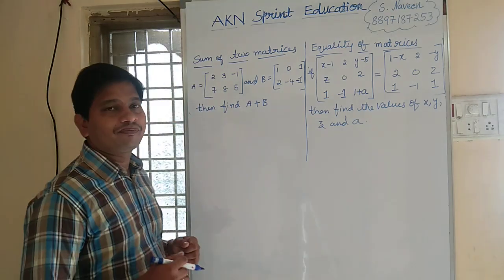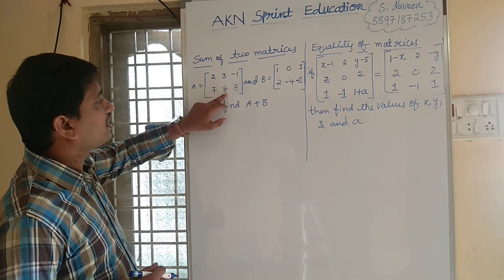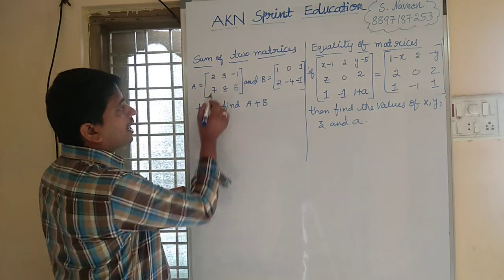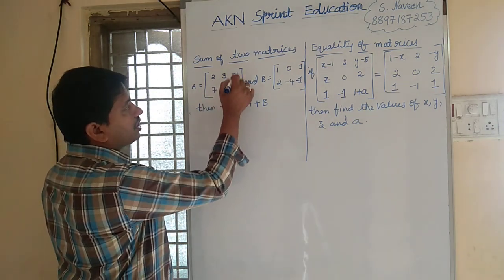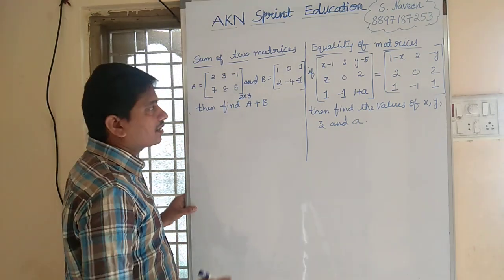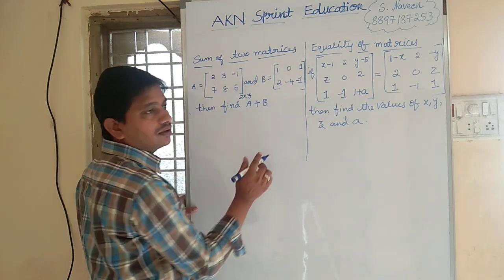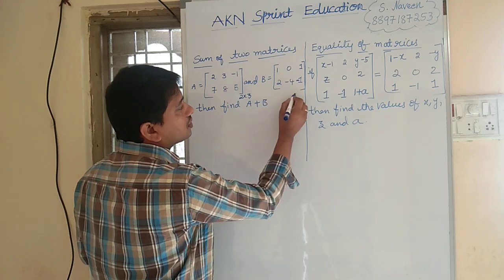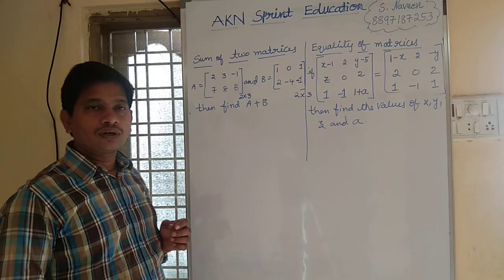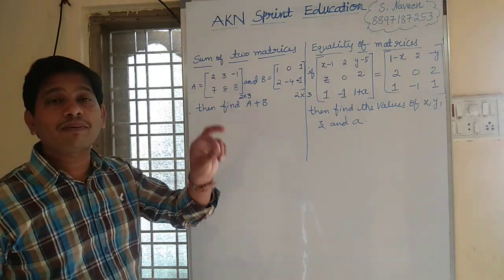For example, consider a matrix A equal to 2, 3, minus 1, 7, 8, 5. So what is the order, children, here? As we have 2 rows and 3 columns, the order is 2 by 3. And consider matrix B: 1, 0, 1, 2, minus 4, minus 1. Again we have 2 rows and 3 columns, so the order is 2 by 3. Since they are asking to find A plus B, in the sense of the sum of the matrices,